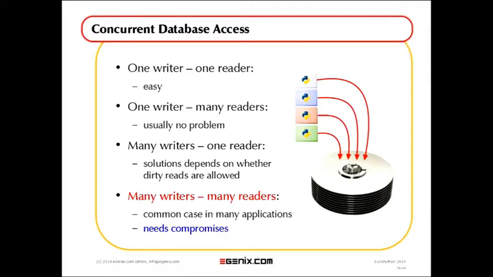Concurrent database access is very important if you have multiple processes accessing your database. For example, if you have a web application, because of the GIL, you would normally want to have multiple processes set up to talk to your database. And so it's important to think about how the databases deal with the problem of concurrent access. So you have typical setups, what I've written down here. The most typical one is, of course, many writers, many readers, so there's no real special case that fits the common case. You definitely need to make compromises in these setups.